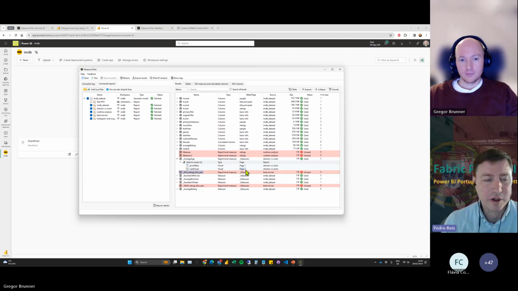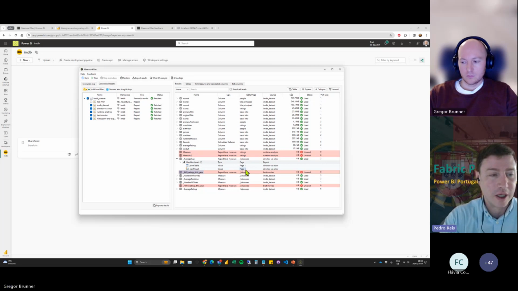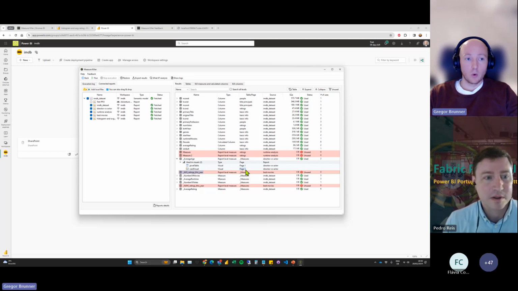Yeah, and so Gregor, meaning that in this paid version, first of all, you can already track all the lineage from the semantic models that you are tracking. You don't need to drag and drop because everything will already, as long as you have the permissions, be populated, and you even have the option to drag further custom-made reports or Excel files on top of this for the analysis. Exactly. Or even local Power BI files. If you have something under development, it's not in the service yet, you can say, oh, in the future, the dataset should also work with this report, and we're going to upload it tomorrow.